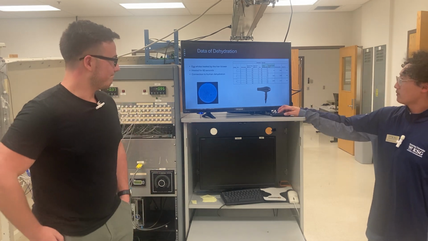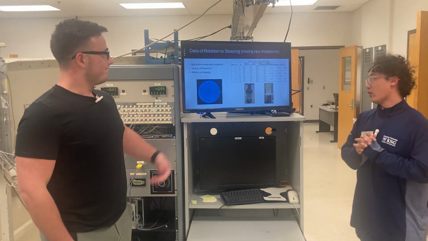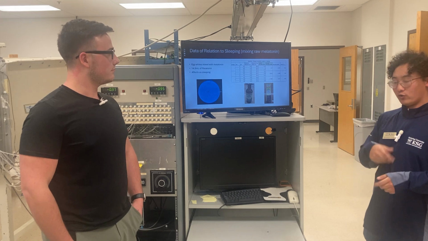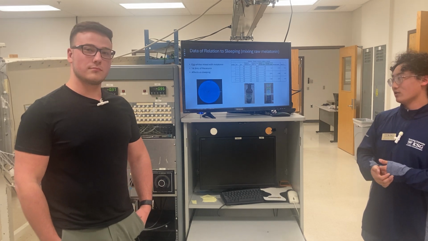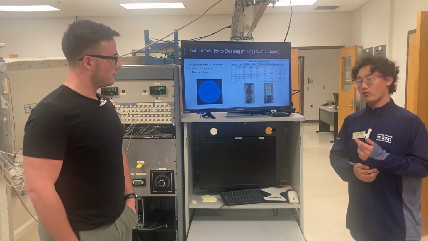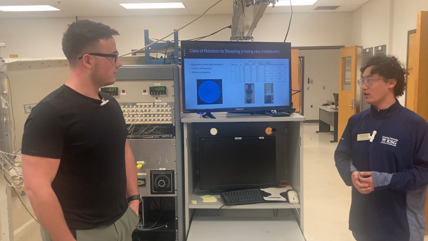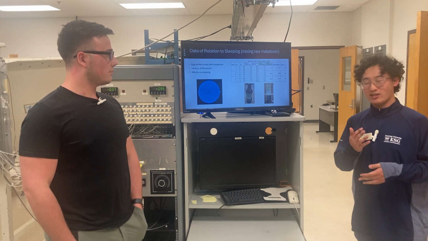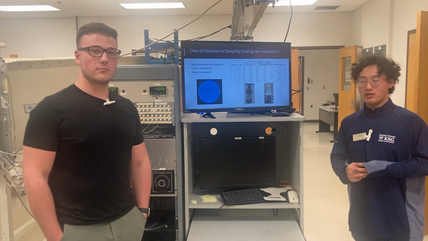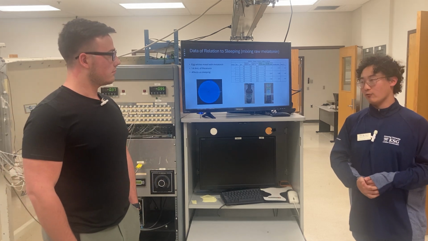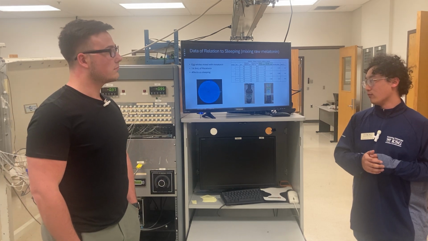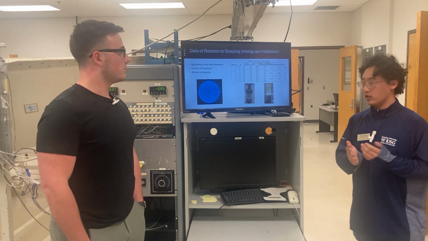And then for our third parameter, we did melatonin, so pretty much just mixing the egg whites with melatonin. We used 14.8 milliliters of melatonin, and we wanted to simulate how we sleep, as blood was one of the main factors we wanted to use before we used egg whites.